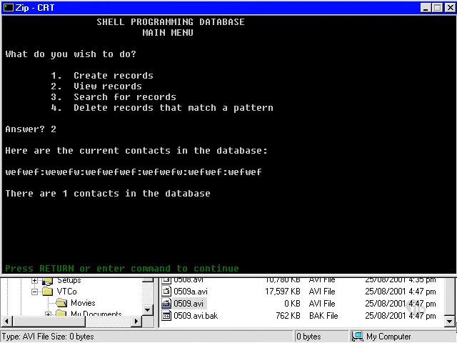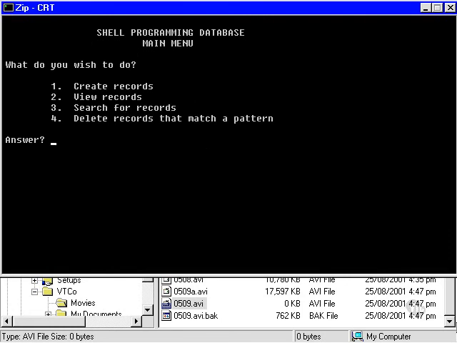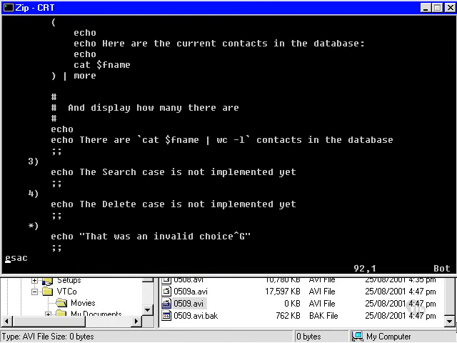So it seems to be working. Well, I guess I should check whether 3 and 4 are working as well. So let's just check 3, and the search case is not implemented yet. Okay, good. As I said, this code will be available on the CD for you to check against yours, and if you've done it very differently to that, that's okay, just so long as it matched